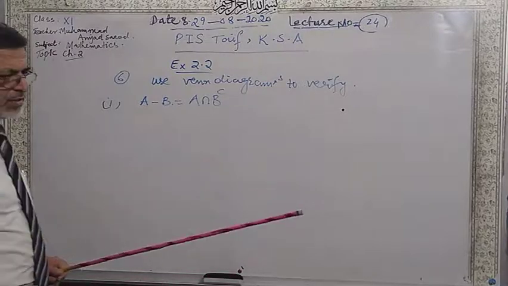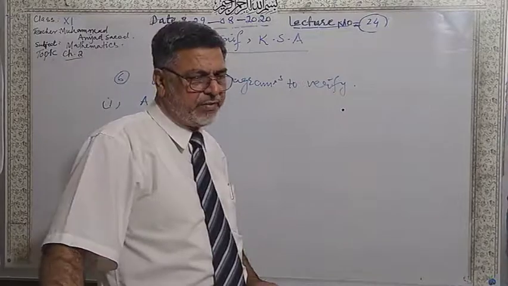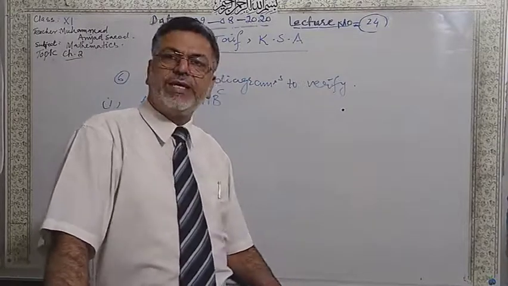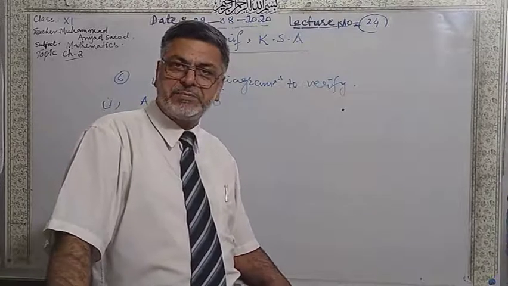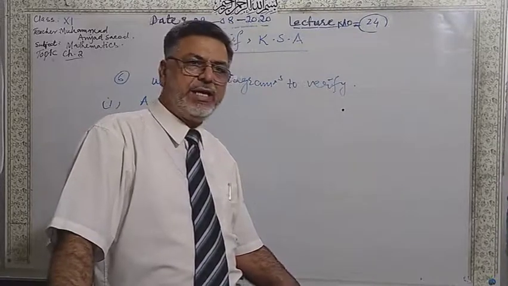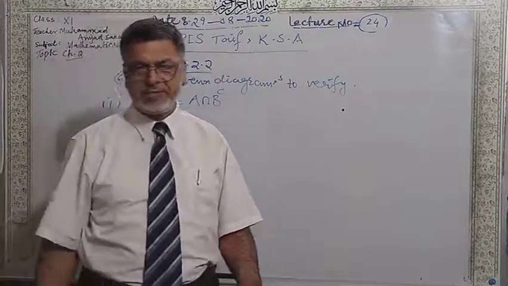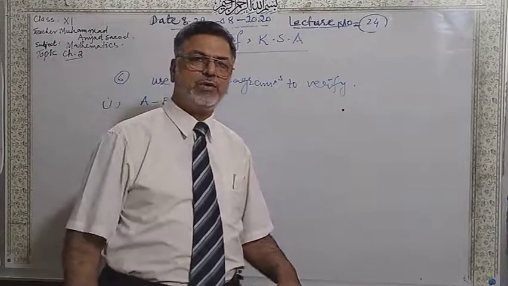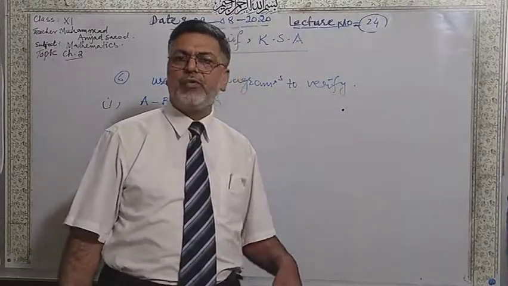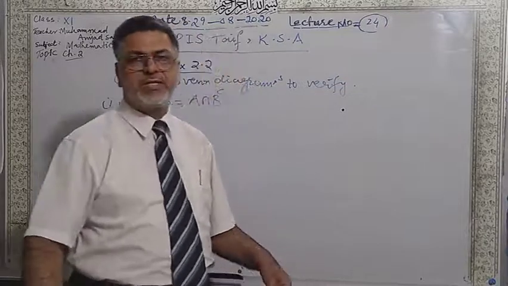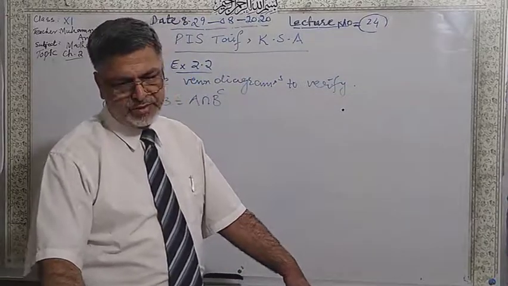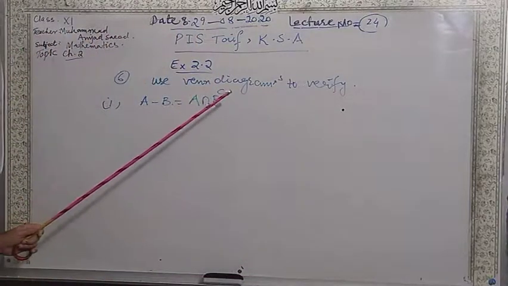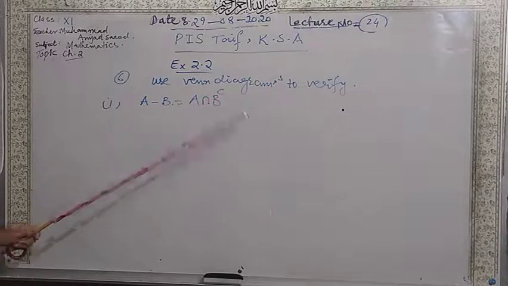First of all, we are not given the nature of A and B, so it is our choice. We can take A and B disjoint, or A and B overlapping, or A is a subset of B, or B is a subset of A. Remember that I told you already that there are 4 possible relationships between A and B. Here we can take any one because no option is given, so we are left with our own choice.